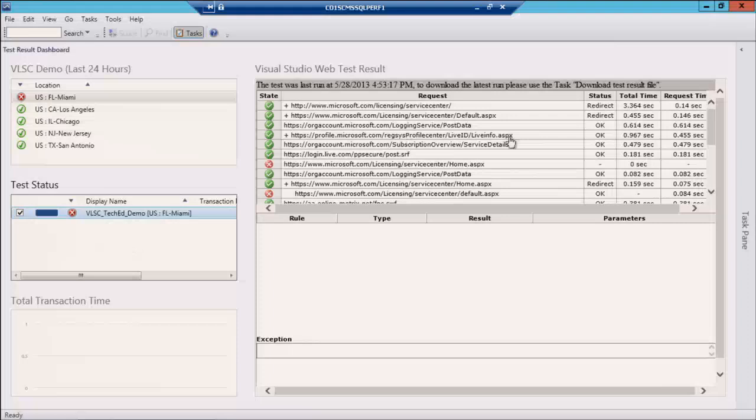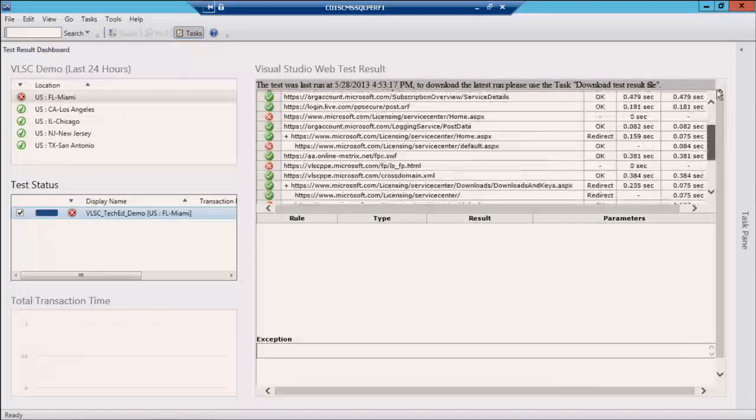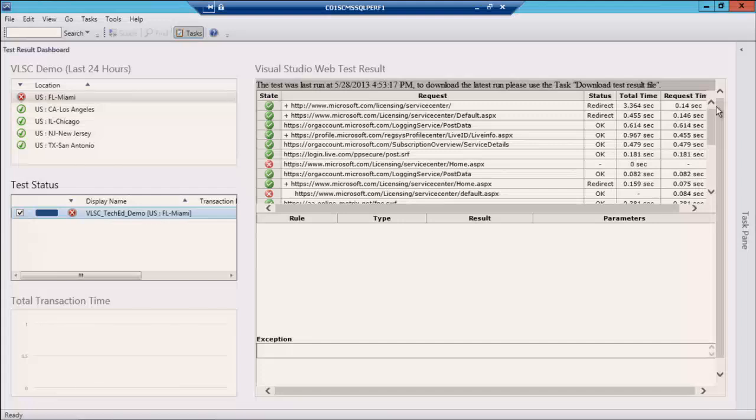And I can see all the steps and where it failed. And I can also see the performance characteristics of each of the page components that were recorded in that web test file. So you can see here, as I scroll down,